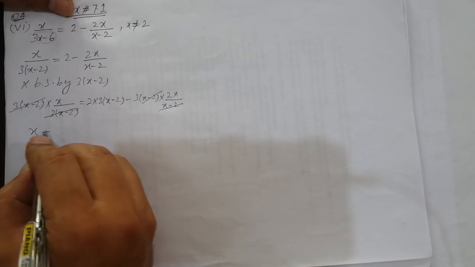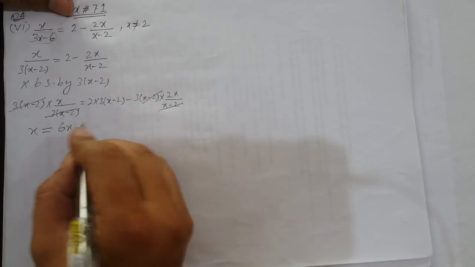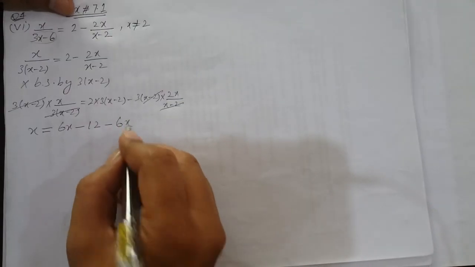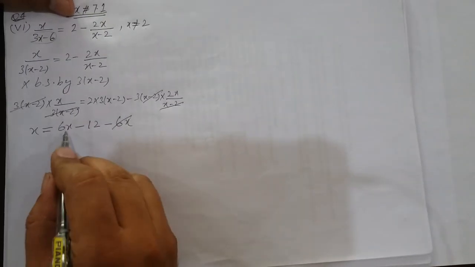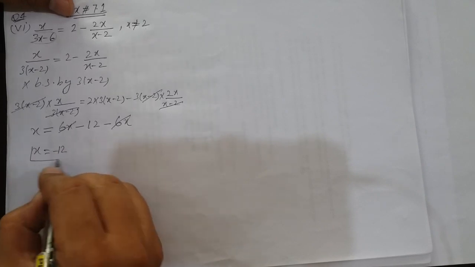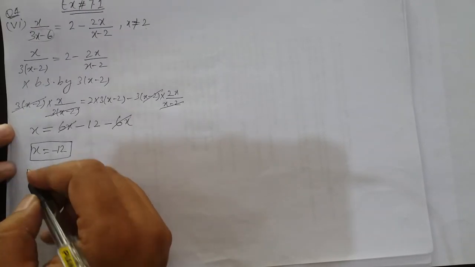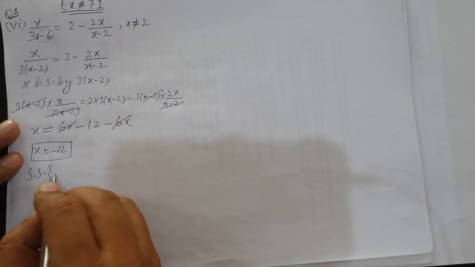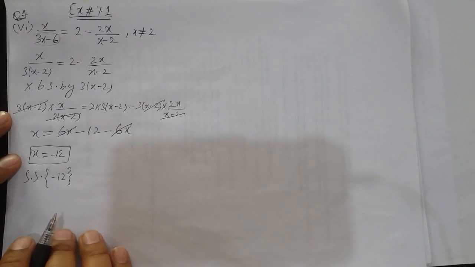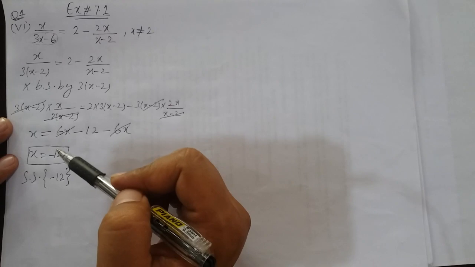It will be x is equal to 2 3s are 6, 6 into x, 6x minus 6 into 2, 6 2s are 12 minus 3 2s are 6x. Now you can see that 6x and 6x will be cancelled, x is equal to minus 12. So we will get the value of x. So this is the solution set. These questions are very simple if you follow the solving technique, that first you have to remove the denominator and then you will simplify.